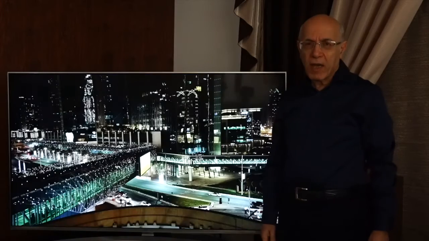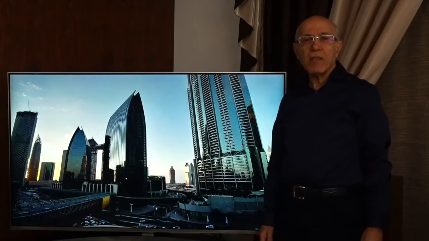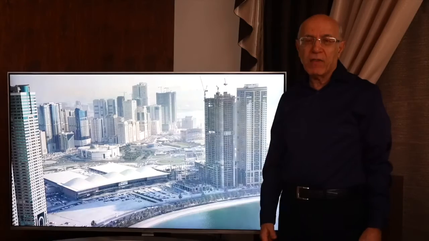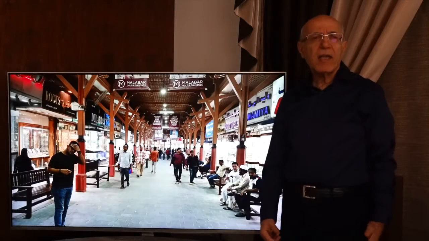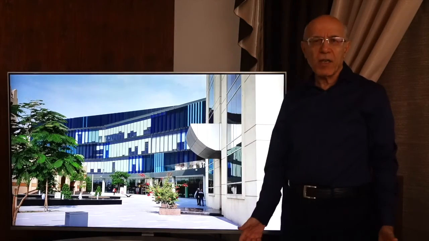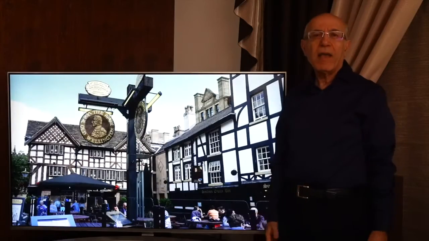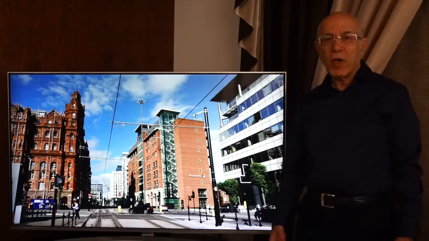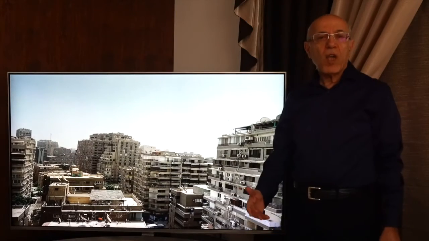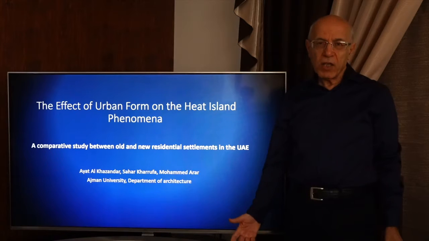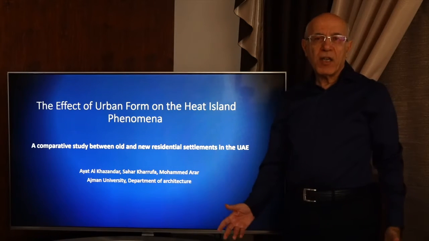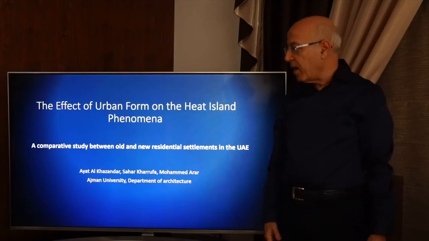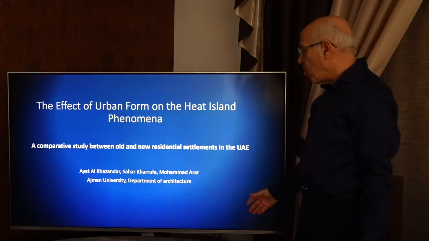We have known for a long time that human activity in urban settlements generates heat. This is more true in modern times where we have skyscrapers, roads, industry, cooking, air conditioning, all of these add to the problem. And it is especially true in the hot areas of the MENA region where the UAE resides. Now, we are going to try and shed some light on this issue by comparing neighborhoods from different densities, zones, and forms.